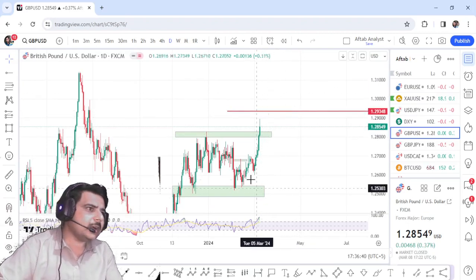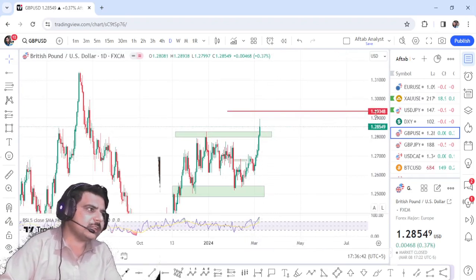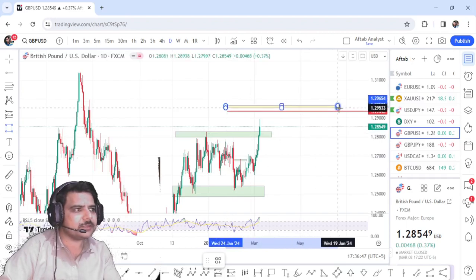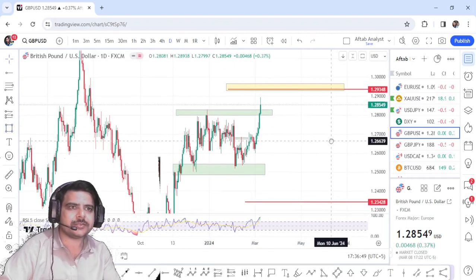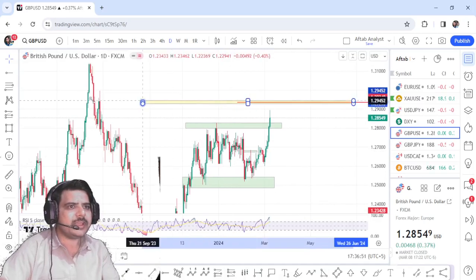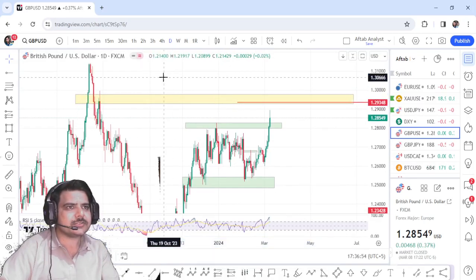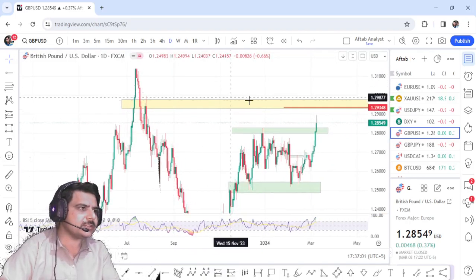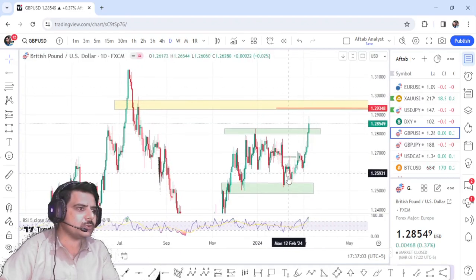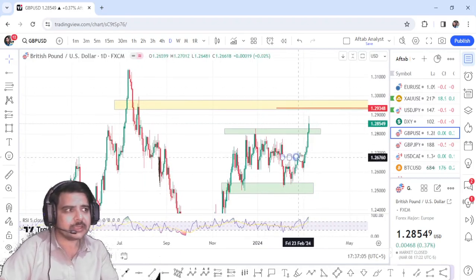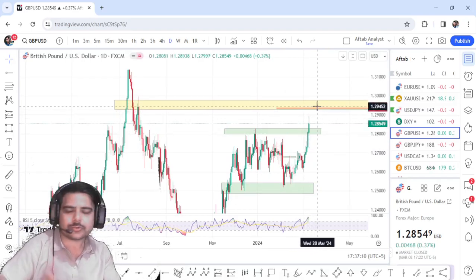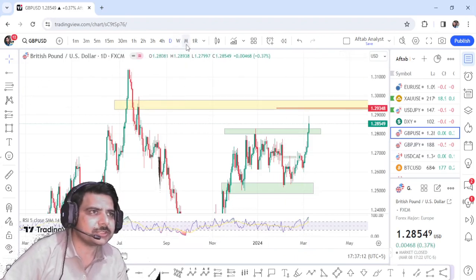This breakout can just be till 1.29348, so I would like to see the market there first, then I will be planning a sell trade. Very simple. It is a very fantastic resistance zone, all the way from July 27th, 2023, last year. So we can plan some trade, and those traders who took buys with me, some of them closed right here and the rest will be closed here, or you can close your whole positions.